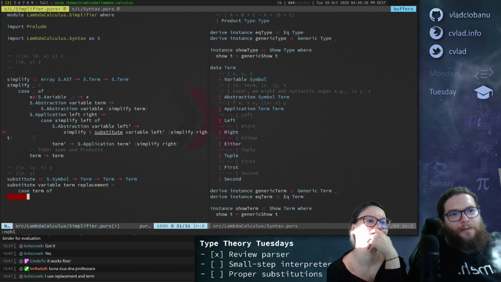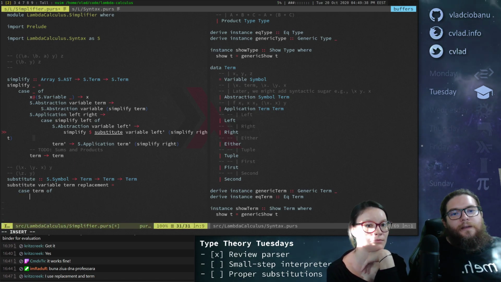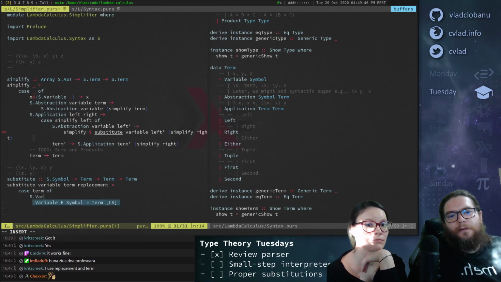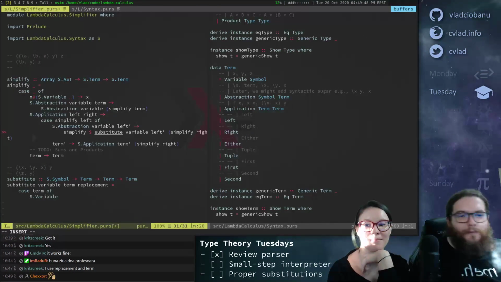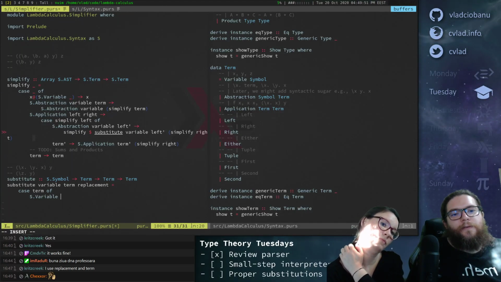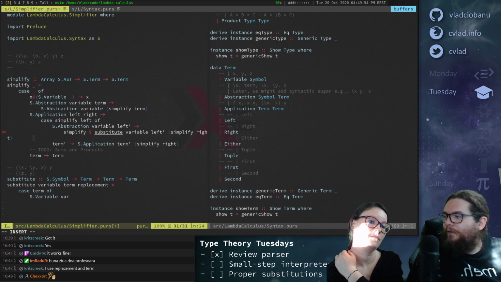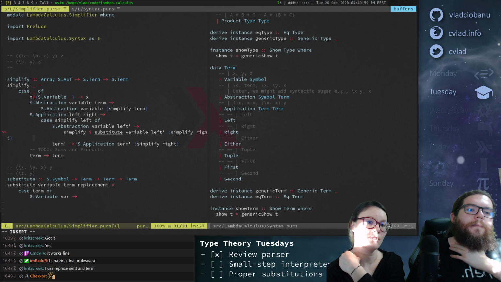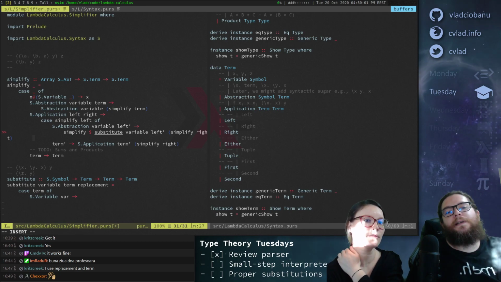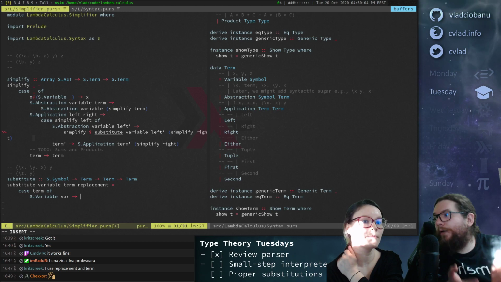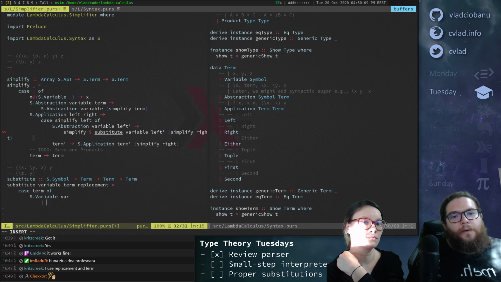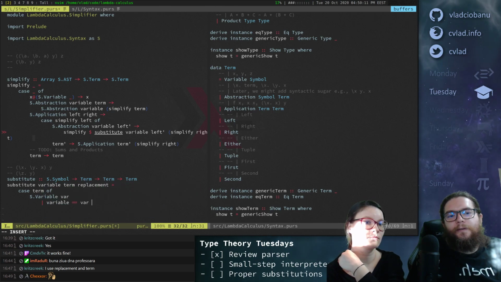Yep, makes sense. Okay, so we can look at a term, right? So if we're trying to substitute, okay, so if we have a variable var, right? And we're trying to substitute it with replacement. Well, okay, so the first thing is, is var the same as variable? If it is, then we replace it. If not, then we leave it as is, right? Yeah. So we can do this, right? So we can say variable is the same as var.